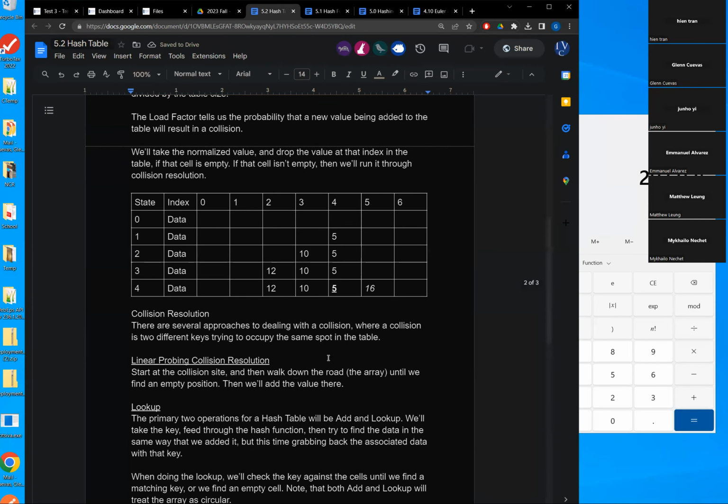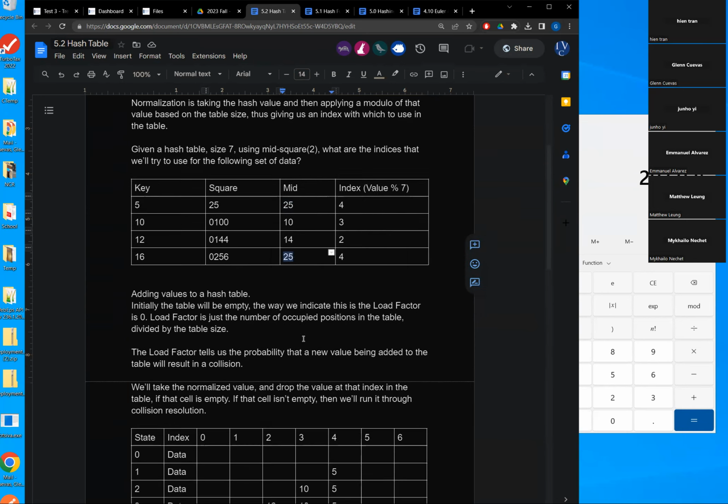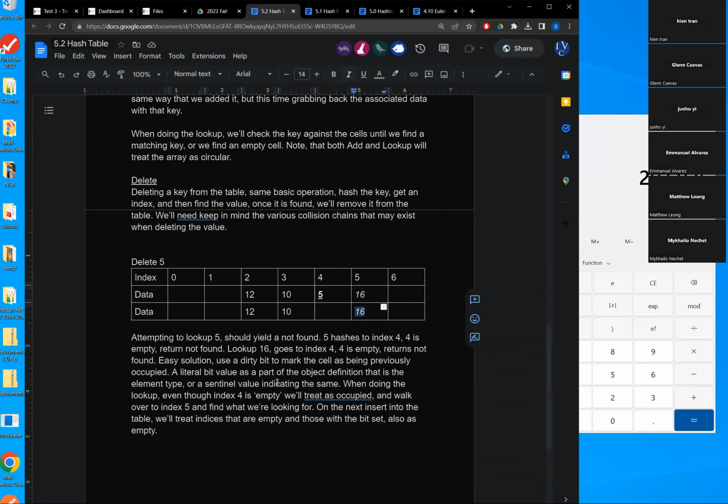Now 16 tries to go to index 4, right? Because it has the same mid value as 5 did. So they're both trying to go to 4. Right? So the other thing